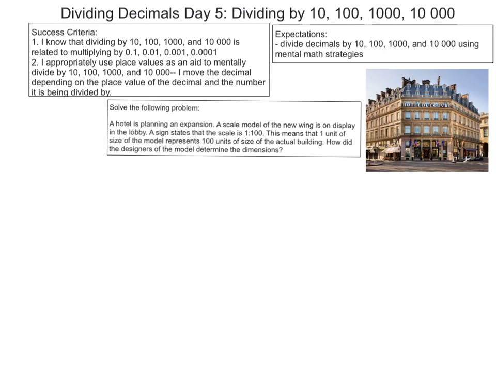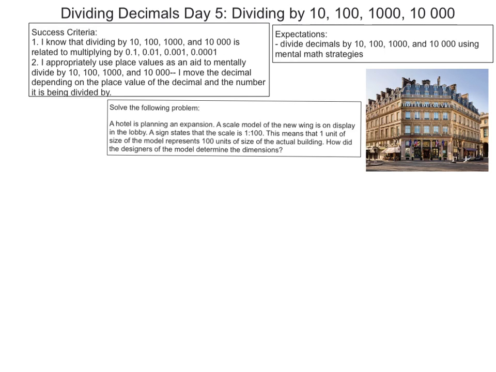Day 5 of dividing decimals, we will be looking at dividing by 10, 100, 1,000, and 10,000. So our expectation for this lesson is to divide decimals by 10, 100, 1,000, and 10,000 using mental math strategies. Before we go into our lesson, we need to know our success criteria when we are dividing by these